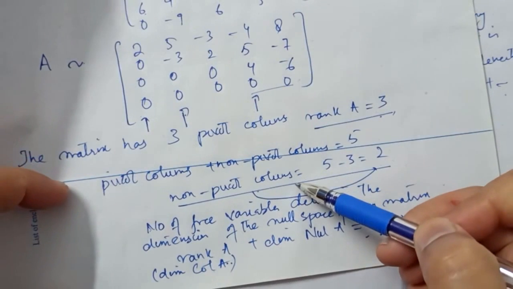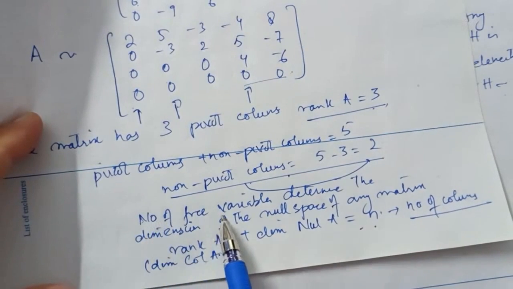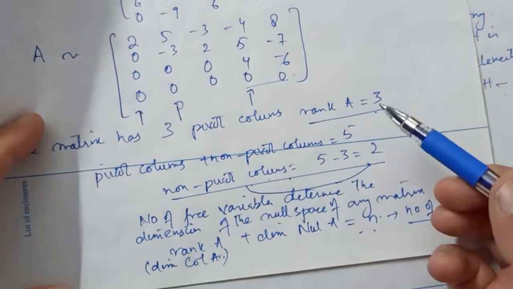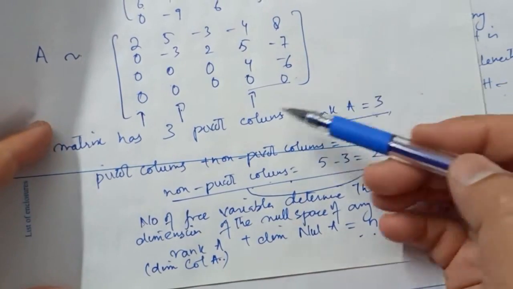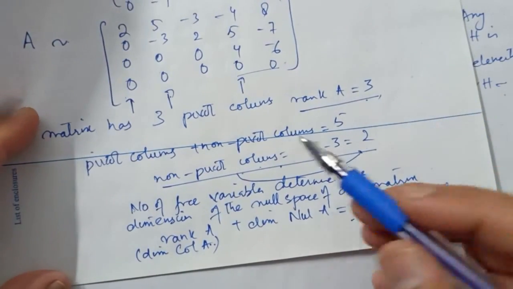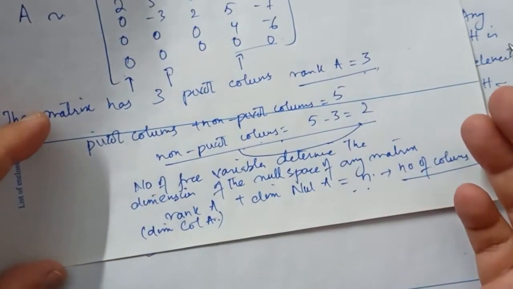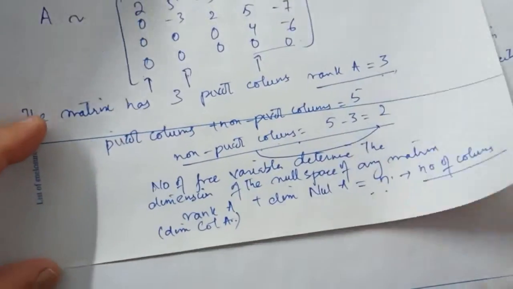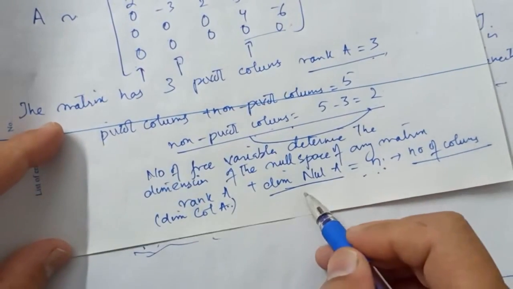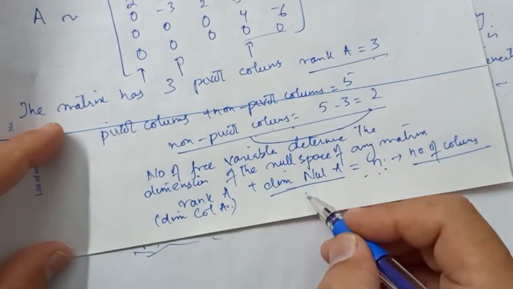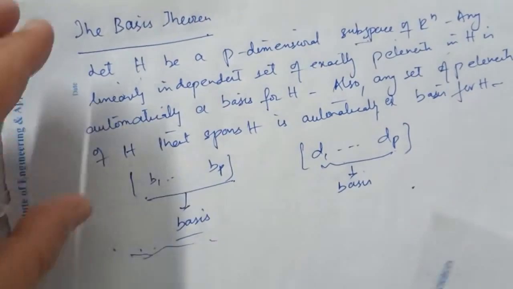I also related this to the example in the previous lecture: the number of non-pivot columns tells you the number of free variables defined by the matrix A. So the number of free variables also defines the number of basis vectors for the null space of A. Okay, and in this case rank of A plus dimension of null of A is equal to n. So the number of free variables equals the number of basis vectors of the null space, which is also the dimension of the null space of A. Okay. Similarly, we covered the basis theorem,